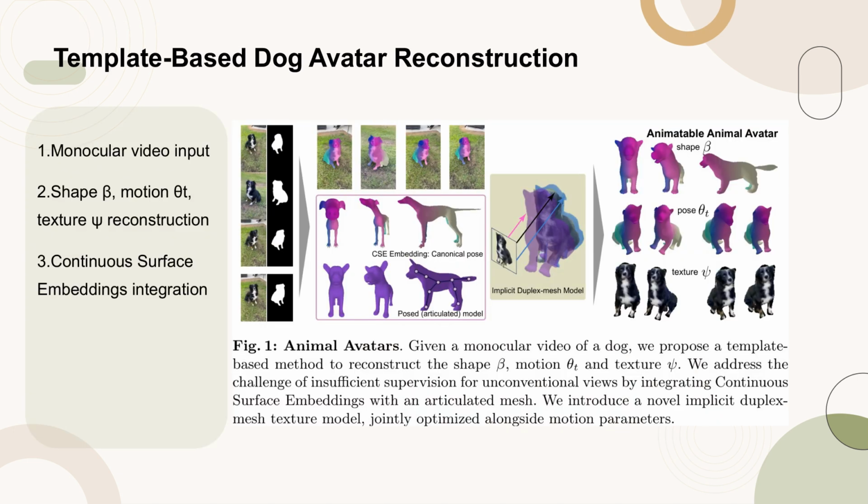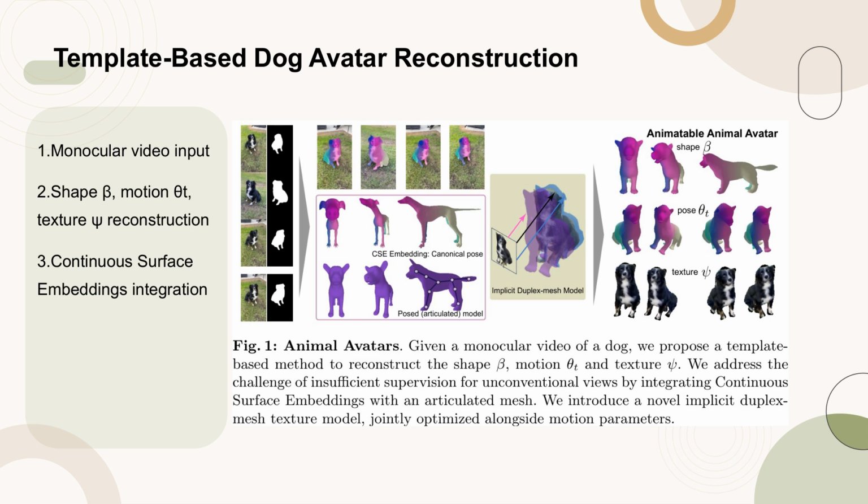Figure 1 illustrates our template-based method for reconstructing animatable 3D dog avatars from monocular videos. The process involves reconstructing the shape beta, motion theta t, and texture psi. We tackled the challenge of insufficient supervision for unconventional views by integrating continuous surface embeddings with an articulated mesh. Additionally, we introduce a novel implicit duplex mesh texture model, which is jointly optimized alongside the motion parameters. This approach ensures a comprehensive and detailed reconstruction of the dog's avatar, addressing the complexities of non-rigid animal movements and